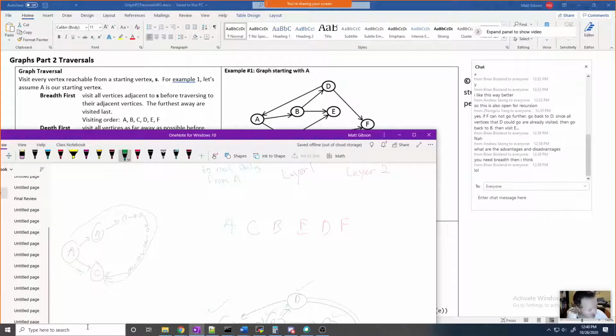But if the goal is to compute a shortest path, then you definitely want to use breadth first search. So that's one example of an advantage of one versus the other. So the reality is, it comes down to, what are you trying to do? What do you want to